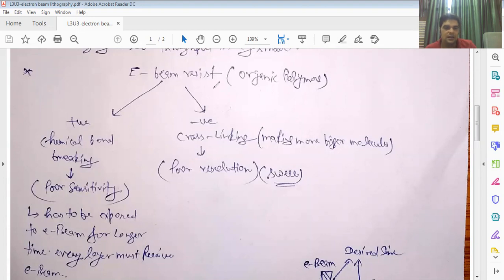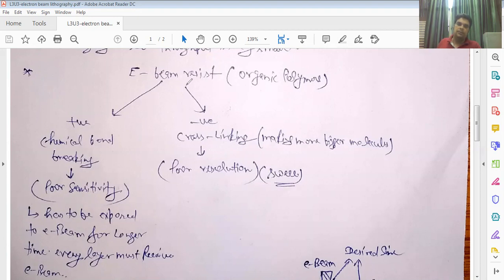This is a disadvantage of positive electron beam resist. So due to this, the sensitivity of the positive electron beam resists is poor. That's why it will take longer time. Okay, now let's talk about